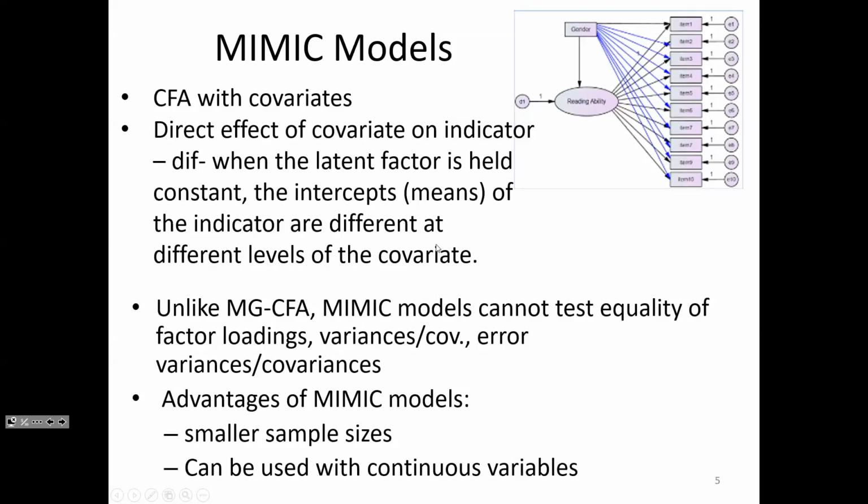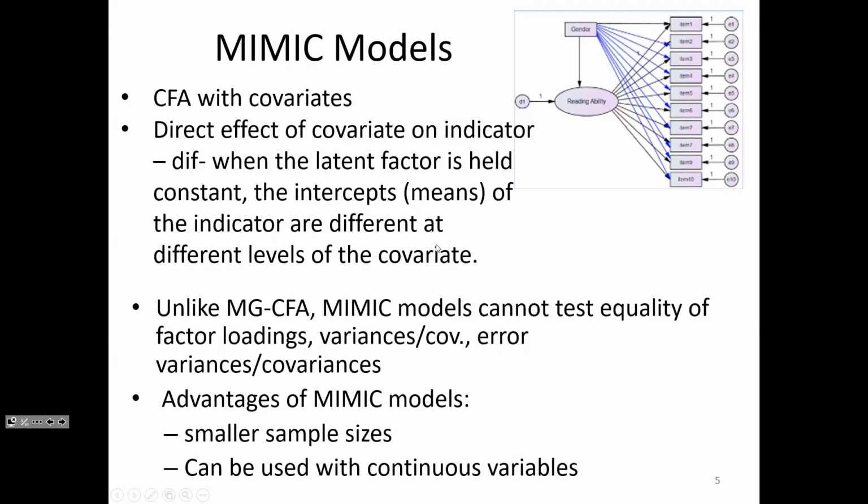I always like to think of it as two people, as my hypothetical. Do two people with the same ability score, whatever it is, reading ability score, but from these two different groups, would they be expected to score the same way on this item? Or after controlling for ability, would I expect a person from this group to score higher on this item than the other group? Which, again, is not the whole shebang that we talked about last week, but is way better than nothing, right? So if you can't do a full-on multiple groups model because you only have 50 people from this one group, then you should do a mimic model.